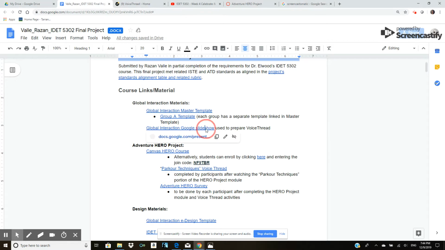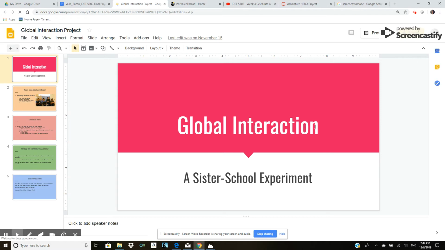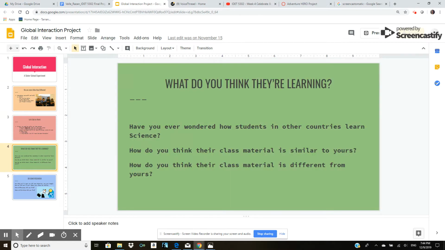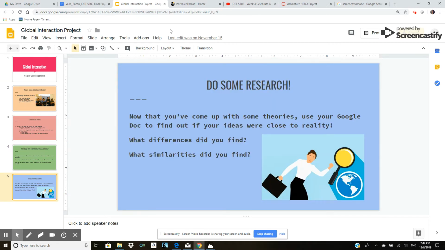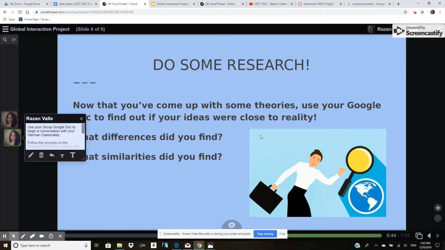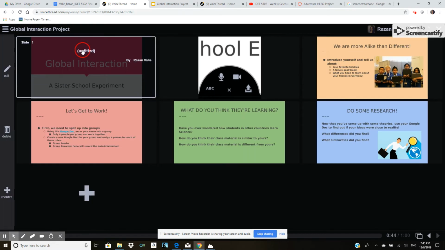And I created a Google slideshow for this particular assignment titled the Global Interaction Assignment. And this Google slideshow pretty much gives the students the step-by-step instructions to begin work on the project. Once I developed this Google slideshow, I embedded it into a Google VoiceThread where the students are able to integrate their learning by communicating with students on the other side of the world